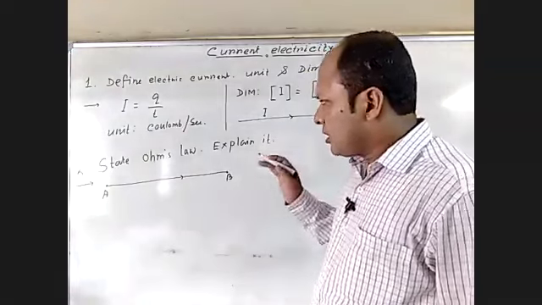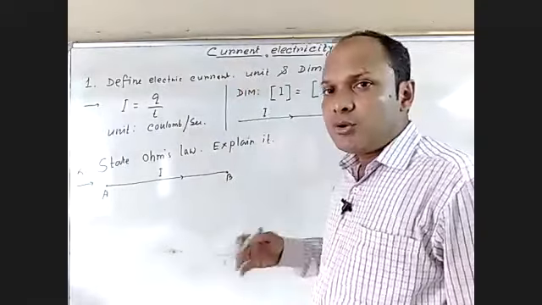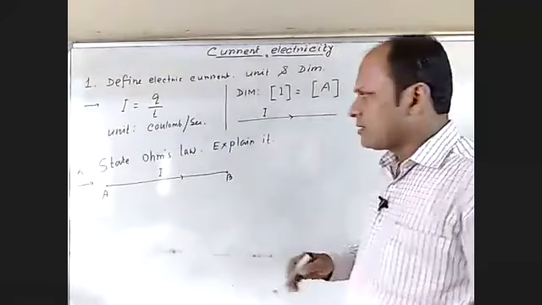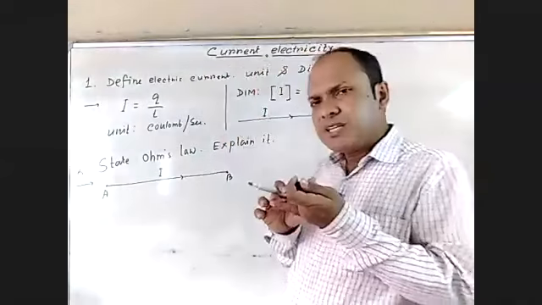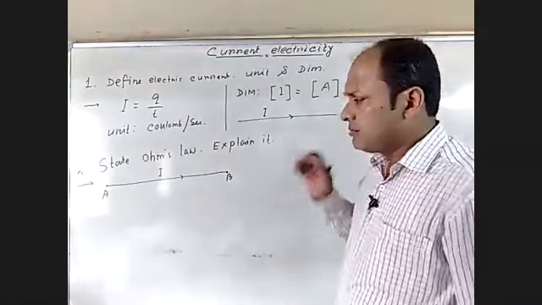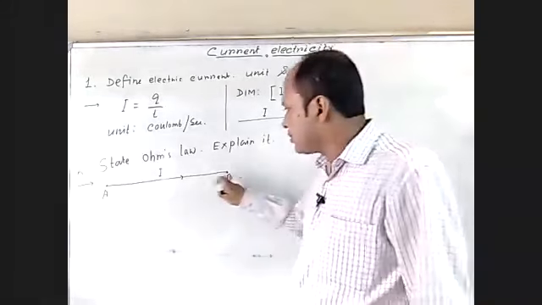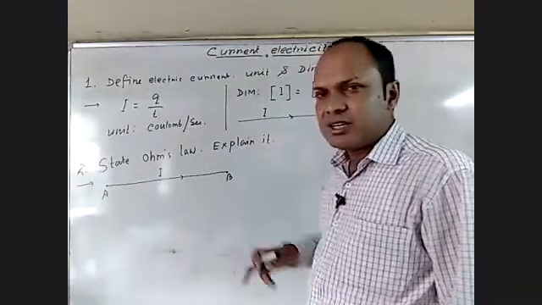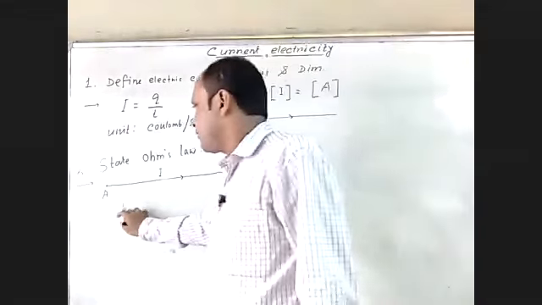So, if current is flowing through it, then according to Ohm's law, the law states that if the temperature and other physical quantities remain constant, for this wire and for the surroundings, if the temperature of the surroundings as well as the temperature of the conductor remain constant, then the current